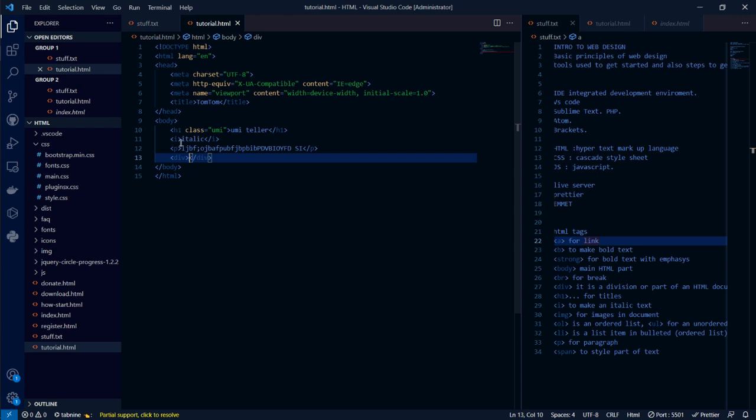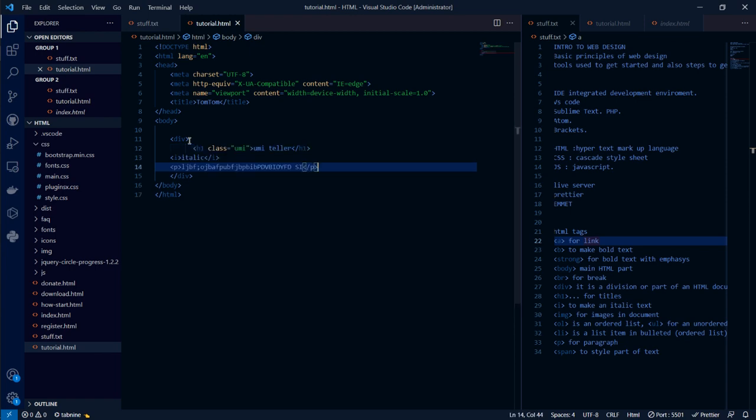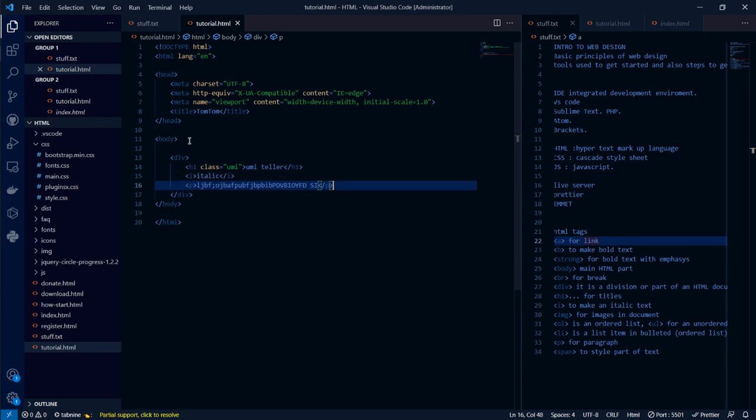Naturally, if I'm building a website, I would have this H1, italic and paragraph inside a div so that it will be easy for me to style them using CSS. Like now, I would take all of this, Control C, let me delete this out, and I'll put them inside this div. See, it automatically, because this div is meant to hold things inside, you can see some certain code like this. You see that my code automatically arranged itself because it's meant to format. That's what Prettier is for. Prettier helps you format your code and your code will be looking neat.